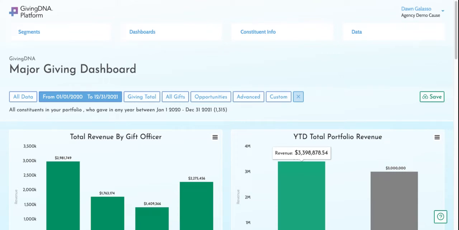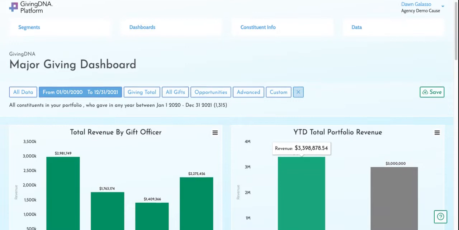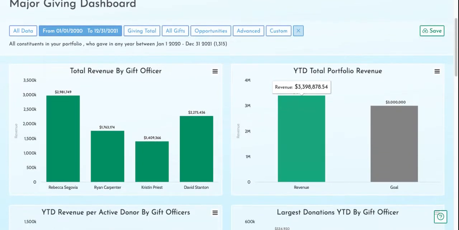Hi, today I'm going to show you how in the Giving DNA platform you can manage your major and mid-level giving gift officers. So I'm actually logged into our brand new major and mid-level giving dashboard, and you can see as I scroll down the page that I've identified four of my gift officers, and I'm tracking them for total